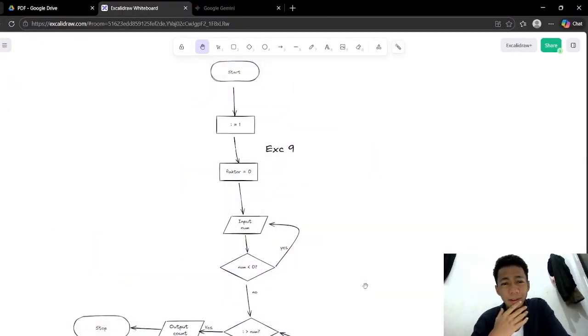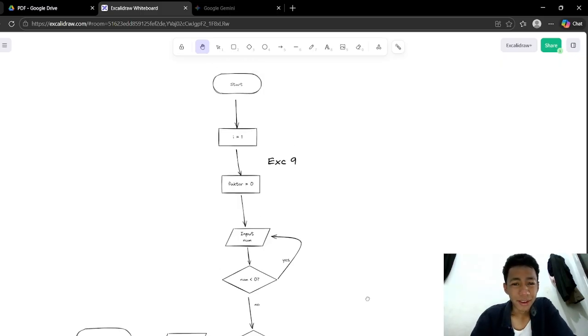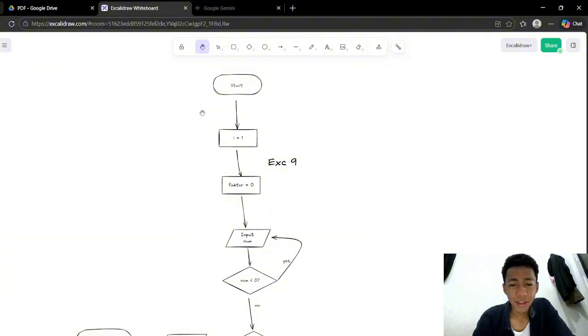Okay, thank you. Hello everyone. We're back with me again, in a different place and different time, of course. Here we are at exercise number 9, which tells us to make a program with the output of the number of factors of some number. Here we need to start the program first and initialize the I variable with 1 and the factor variable with 0.